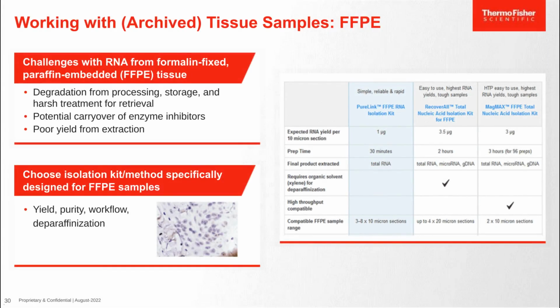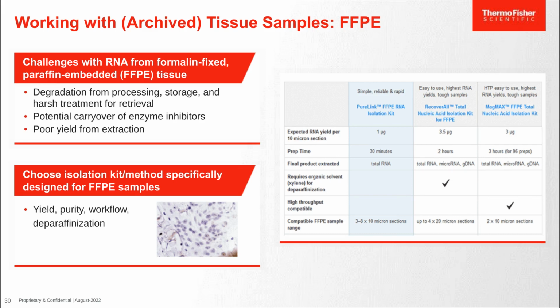Okay. Now let's take a look at challenges that are associated with FFPE samples, where RNA often gets degraded due to the way in which the samples are processed, both during tissue preservation and also retrieval from the blocks, not to mention the additional complications of low RNA yield and inhibitors that are concerned with FFPE sections. To overcome these challenges, make sure to choose an isolation method or kit that has been specifically designed for FFPE